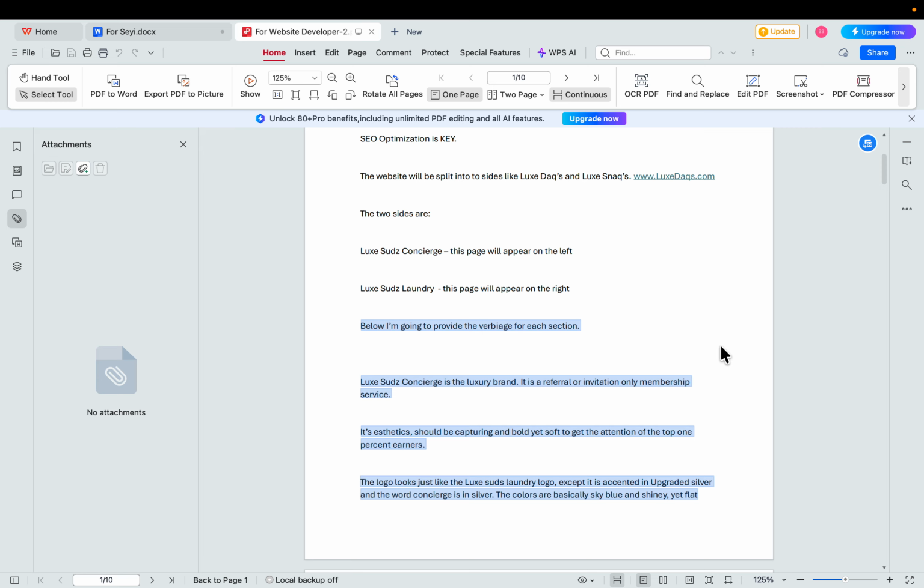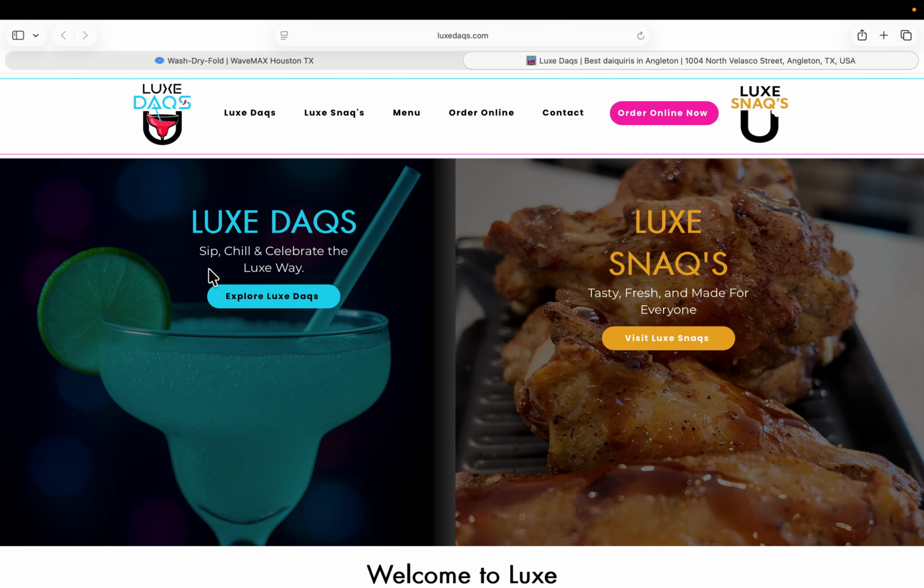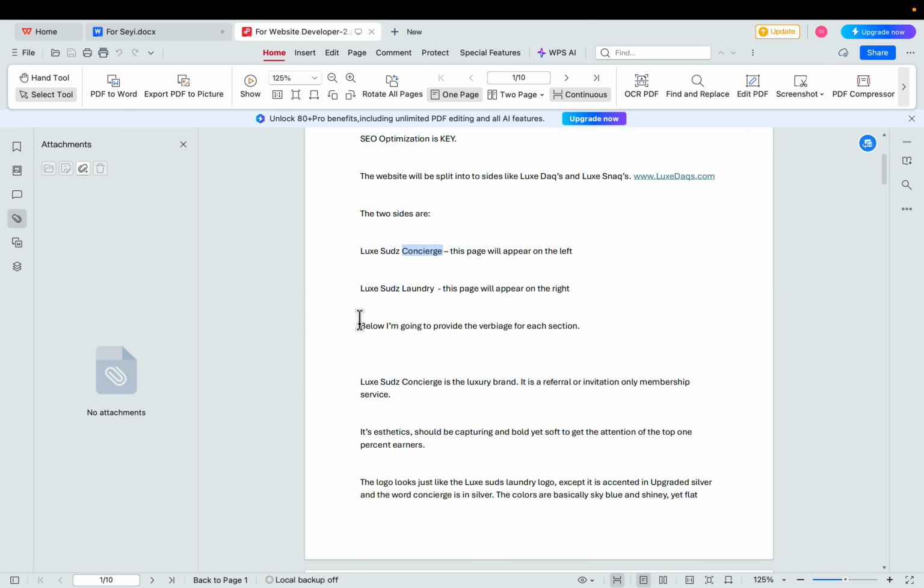Okay. And then as you scroll down, it talks about the logo. I'm just explaining. I want to ask you one question. On this particular one, which is the luxury aspect, the concise one, do you want a button under the info on the left side that once people click on it, you take them to a membership page, right? Yes.